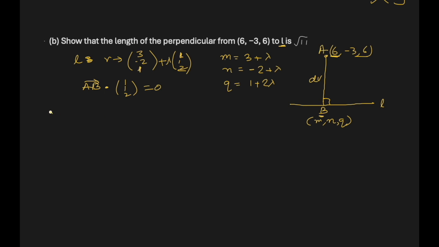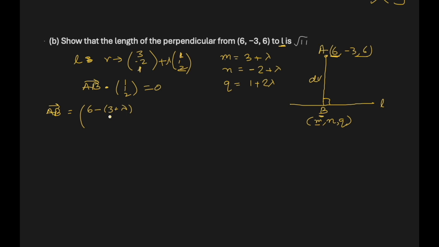Now we need vector AB. Vector AB will be one end minus the other end will give us AB. Since 6 looks like a bigger number, I'll do that. It doesn't matter because the angle remains 90 degrees still. So 6 minus this coordinate M, which is 3 plus lambda,